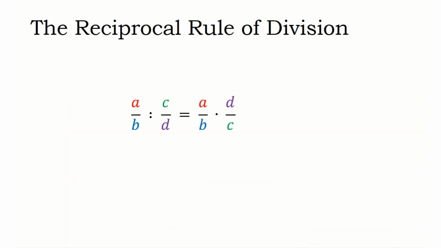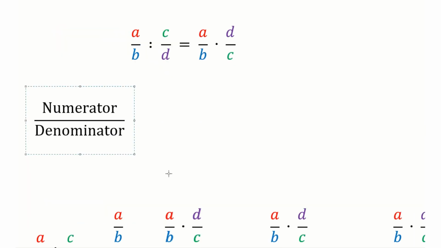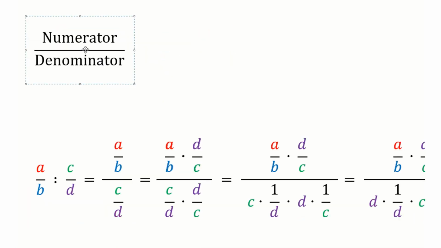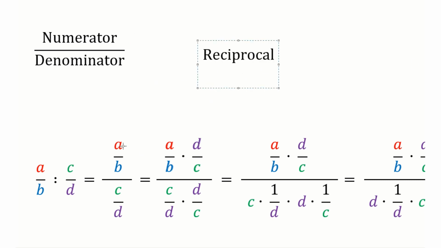Here are the technical words for it. Numerator is what is above, and denominator is below. So in this case this would be the numerator and this would be the denominator. So we will multiply both sides with the reciprocal of the denominator in the beginning calculation. Here we do that,